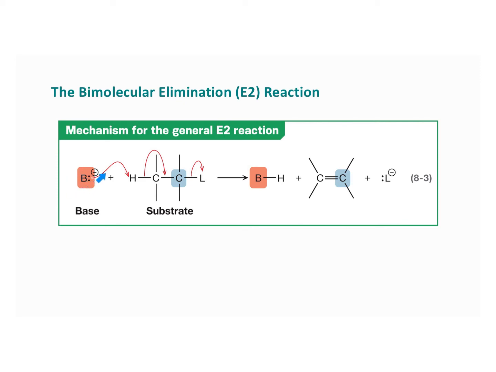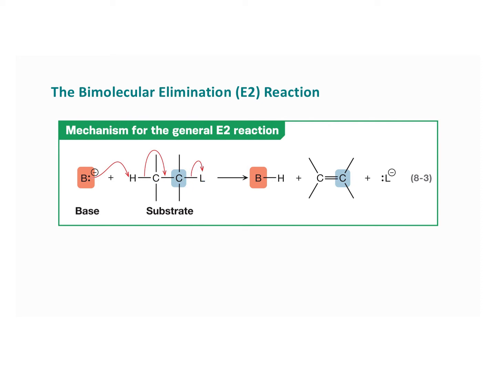And this base comes in and grabs this proton, and that's going to form a new bond. When it pulls the proton back, the proton leaves all of its electrons behind. That's kind of the definition of a proton. There are no electrons. These electrons come over here to form a double bond, and that pushes off the leaving